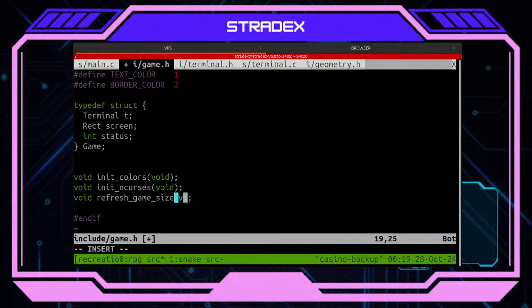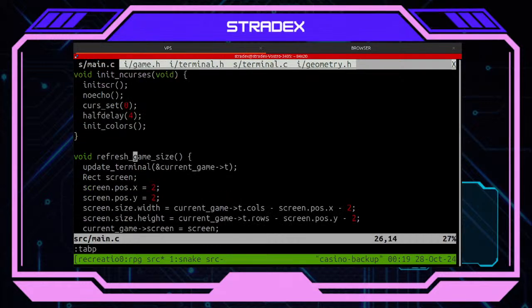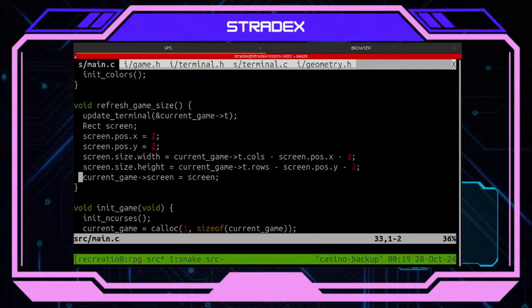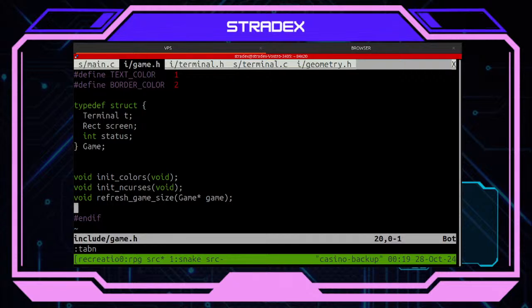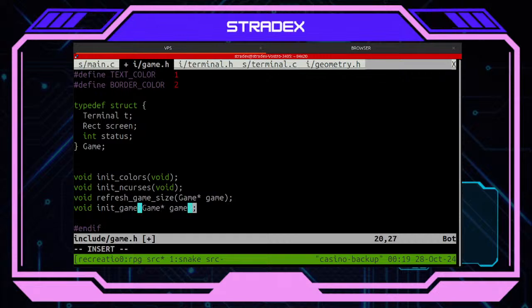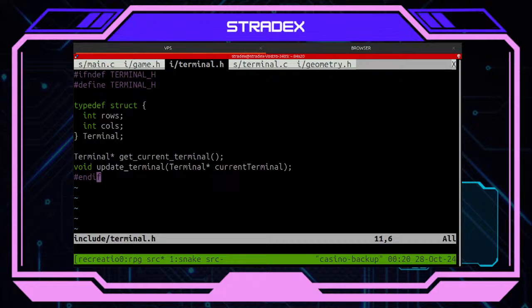And here actually I want some sort of game, like here. Yes, perfect. And the same with end game. Init game, the same with this. I don't want void here. I want pause game like this. Yes, perfect.